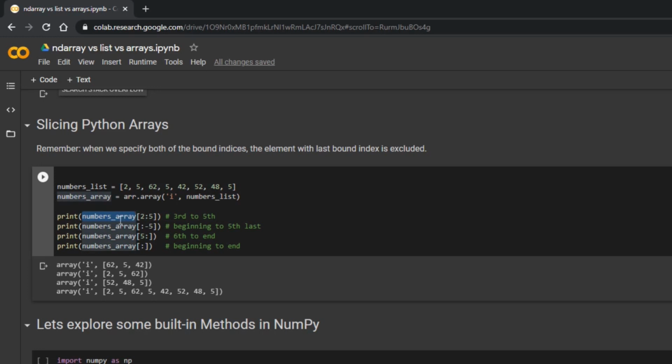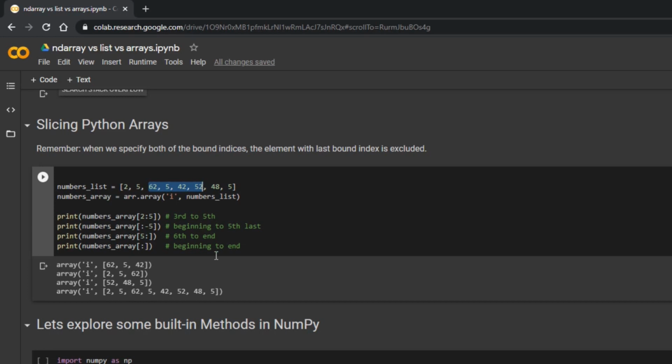Here on the first line, I am printing a slice starting from 2 till 5. So this slice will hold elements starting from the index of 2 until 5. So 0, 1 and 2. So this slice should hold elements starting from 62 until the 5th element. So this was the second element, third, fourth and 5th.